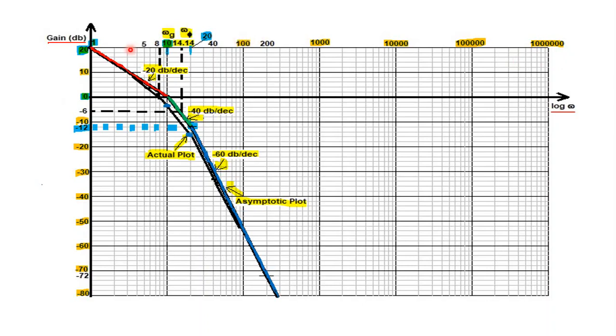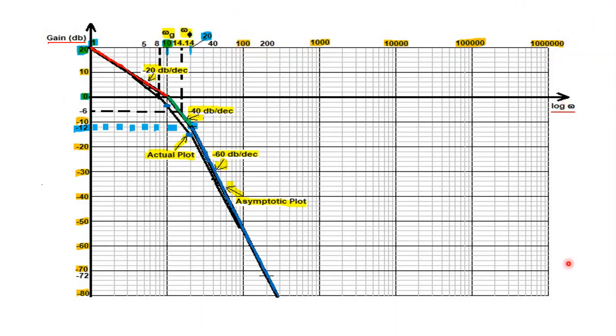If we take a linear scale, for example, this is 1 and this is 10,000, then this point will not be 10. We have to take it uniformly, for example 1, 200, 400, 600, 800, so you cannot mark 10, 20 and so on. How would I mark 10 in that case? That is why we go for the semilog sheet in obtaining the frequency response.